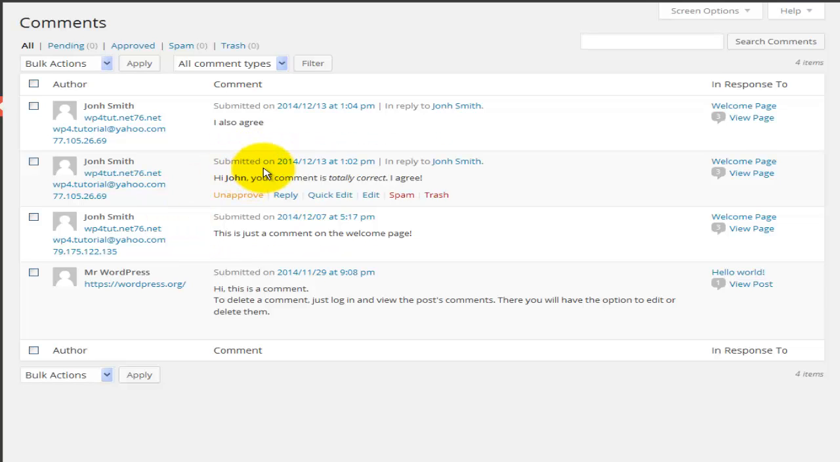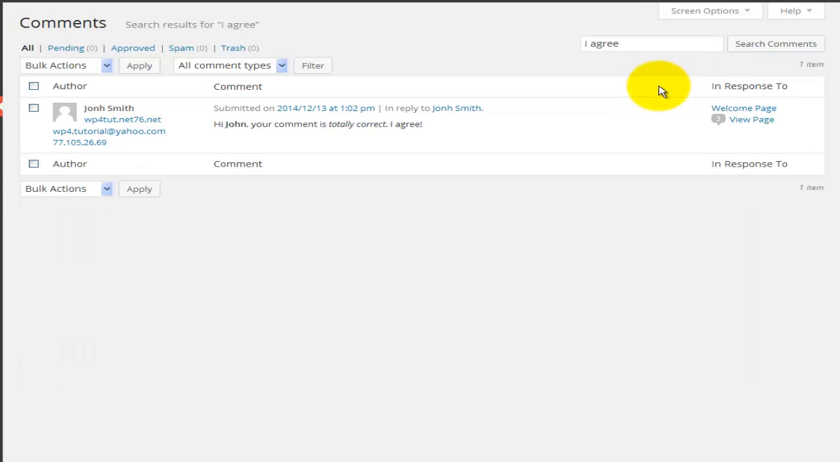Let's have a look at the options that we have on this page as well. We can search for comments here. There's a search box. You will type some of the words that you are searching for. So for example, if I write "I agree," and hit search comments, I would get a comment here that has that "I agree" bit in it. So that's this bit here. Alright, let's go back to all,